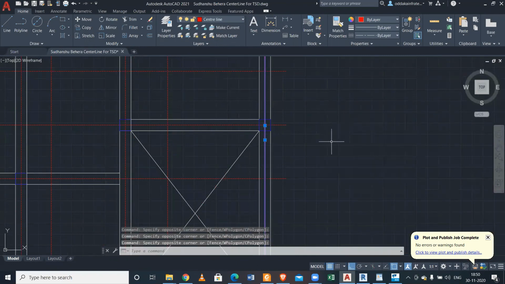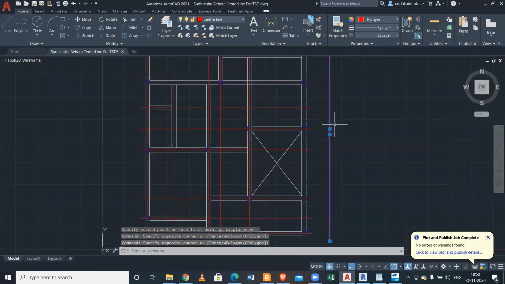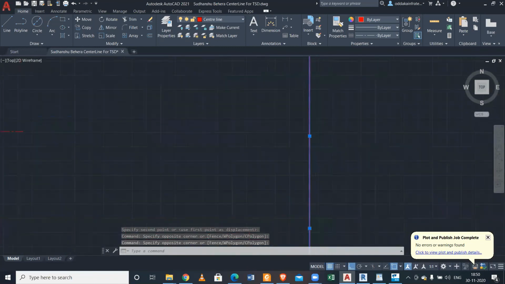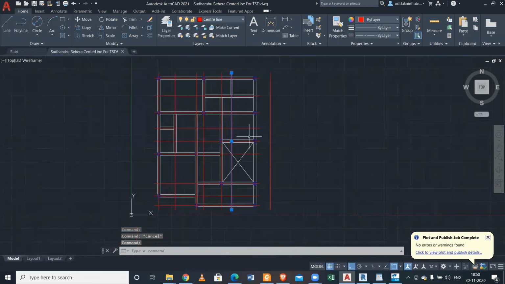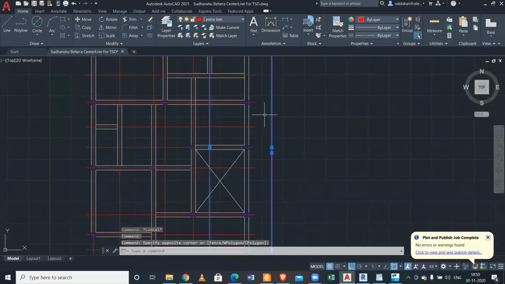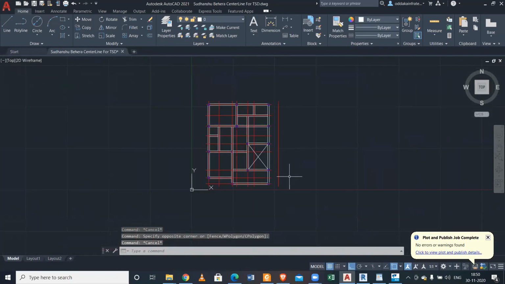Remove this. No, it doesn't seem like. But everything is showing one, it has one center. It should have one center, no? Showing two. Yeah, showing two.